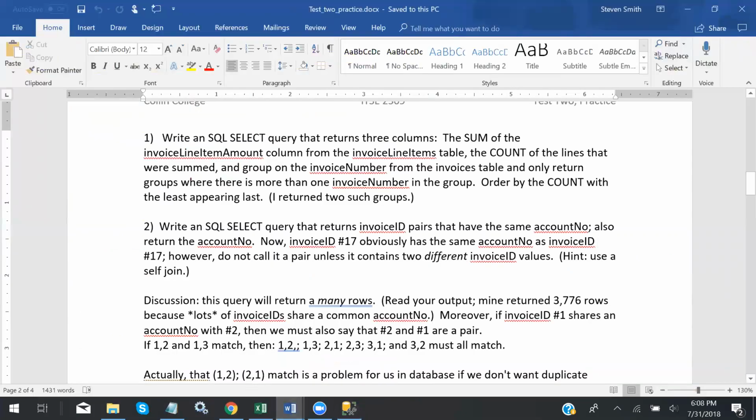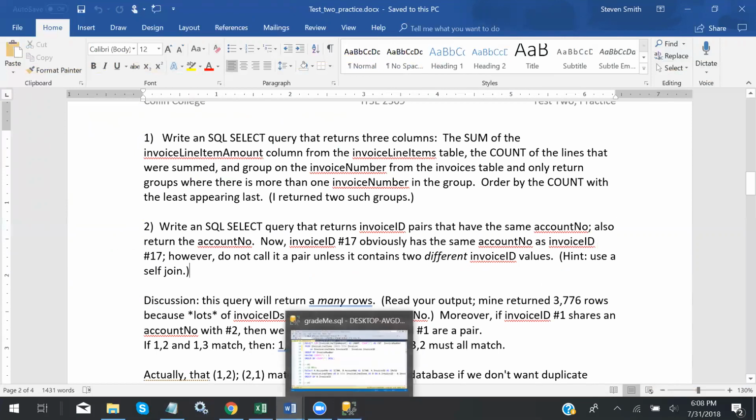All right, SQL returns invoice ID pairs that have the same account number. Also return the one. Okay. Now, this one's kind of tricky. So this one I'm looking for a self join in there. So use a self join. So I'm looking for that, and let me see what